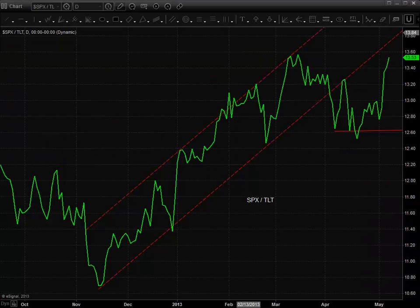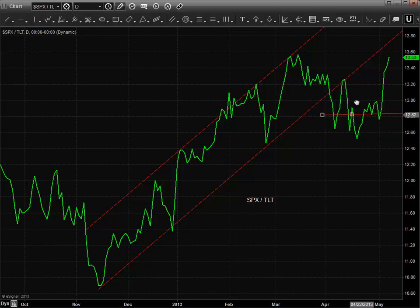All right, here's our ratio chart of the S&P cash index divided by the TLT. We're actually getting close to the previous high here, which was that risk-on posturing where people are coming after stocks, selling bonds, putting risk on rather than favoring defensive positions. So we're getting close to that prior high, and I think we want to be ready for that. And if we do get up and trade that prior high, that's going to be very, very notable. But if we get up in that area,